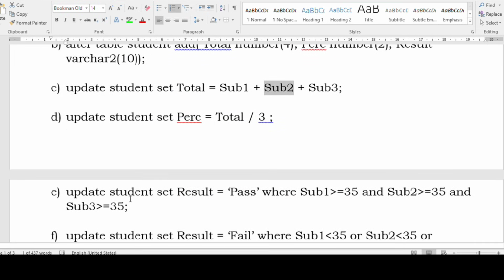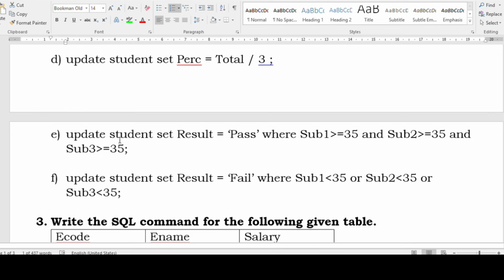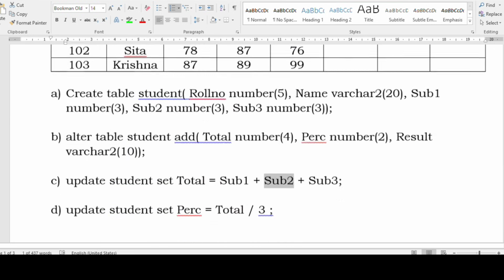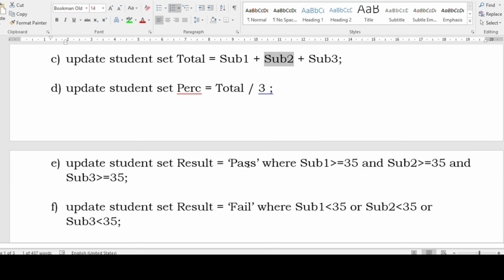Then it is result. So update student, what do you need to set? Result. Set result equal to 'pass' in single quotes, only for those records where sub1 is greater than or equal to 35, and you are using the logical operator and, sub2 is greater than or equal to 35 and sub3 greater than or equal to 35. That is with update student set